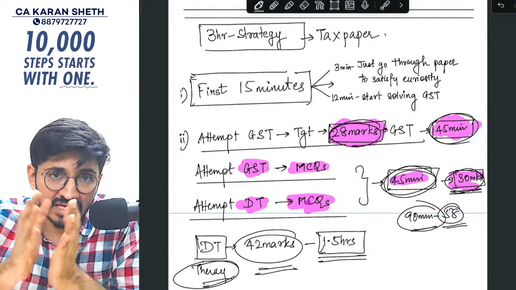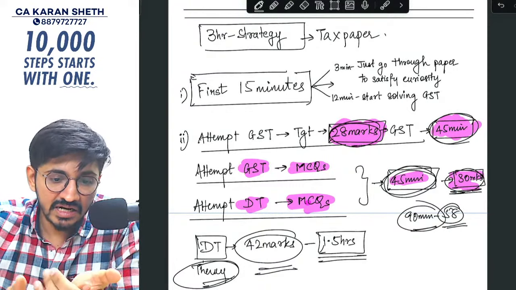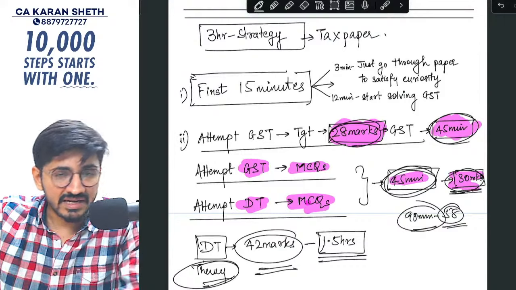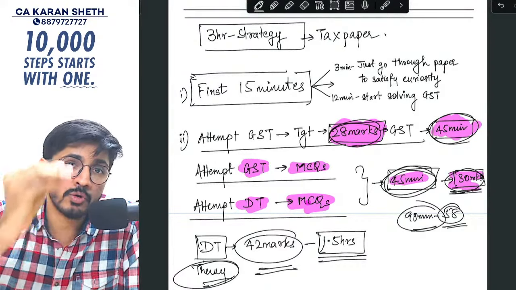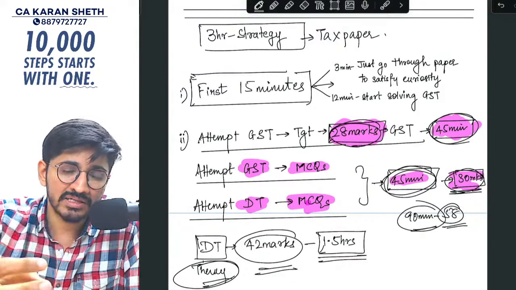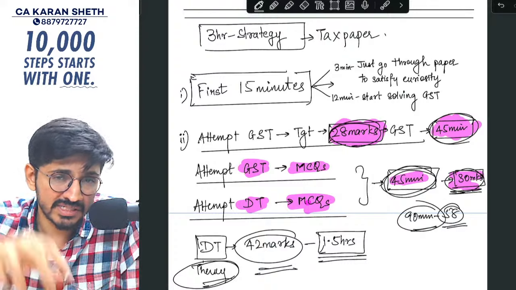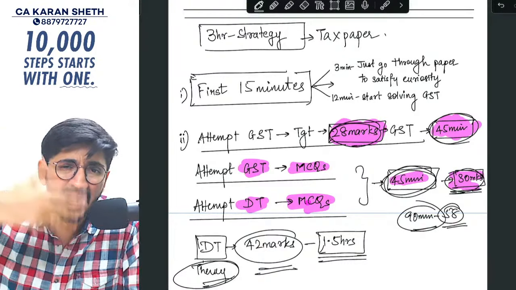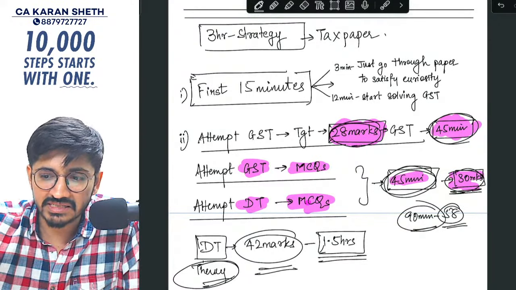But these are the 3 hours that you can spend, right? First your GST theory, then your GST and DT MCQs, and then DT theory. That is an optimum way to do it. And please make sure whenever you don't know an MCQ or you don't know anything, don't spend more than a minute thinking about it, especially the MCQs. Fatafat se, your hand should keep moving, keep moving, keep moving. Are you getting it? Yes, that's it.